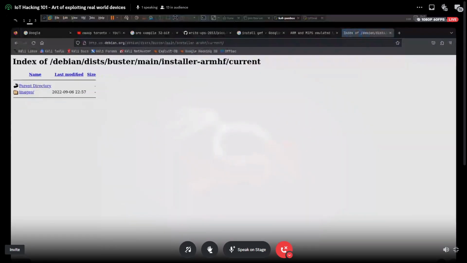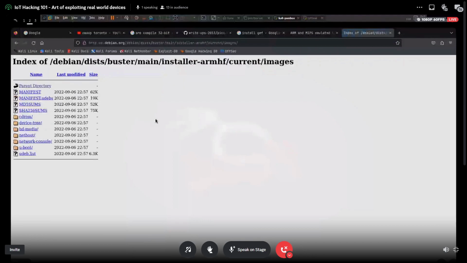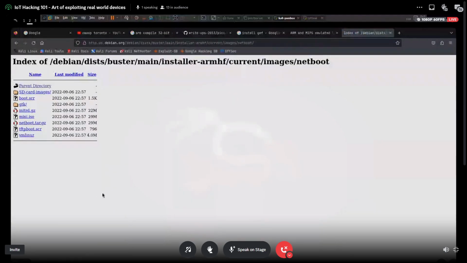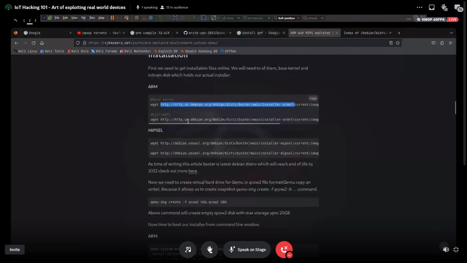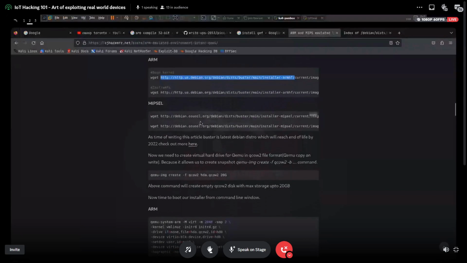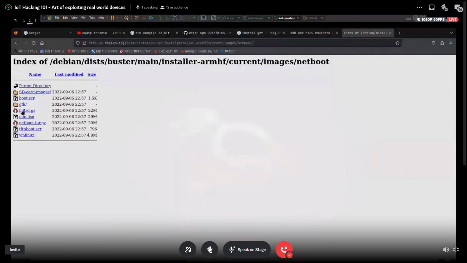Come to current images, go to netboot, and download two things. One is the kernel and the other is the initrd. This is like a file system, and this is your actual kernel.